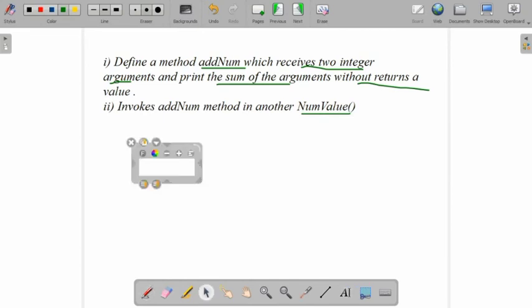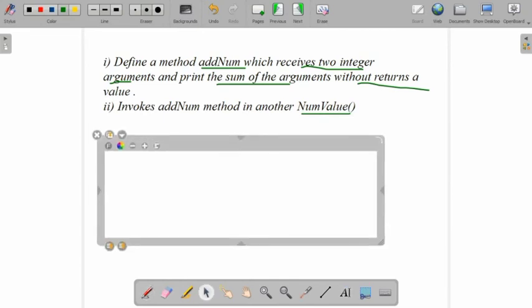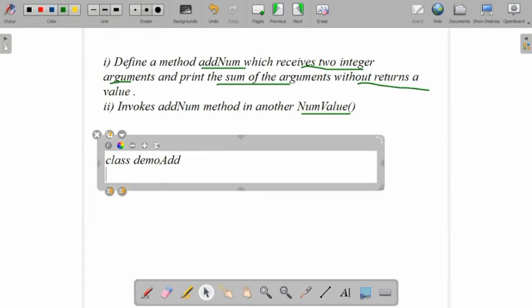We'll write the class name, demo add. Inside the class, in this program, we have two methods.